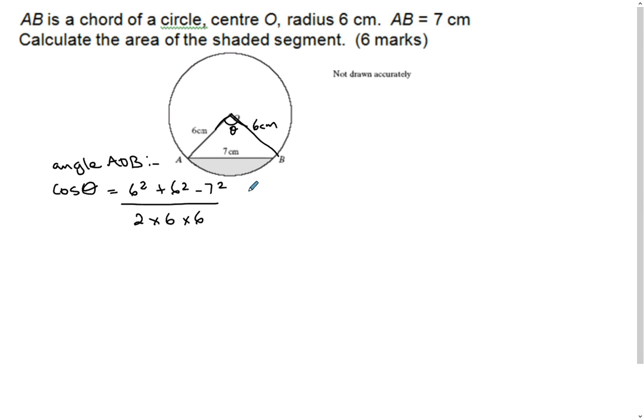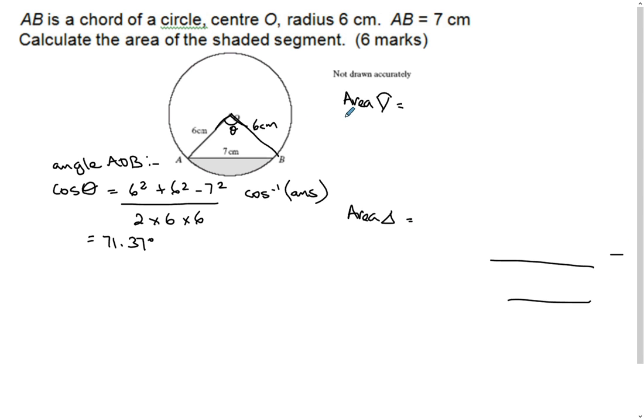And then again, remember, it'll give you the cos. So you do shift cos answer, and you get 71.37 degrees. Okay. Now we can find the area of the sector minus the area of the triangle, and that will give us the area of the segment. So area of sector, area of triangle equals,